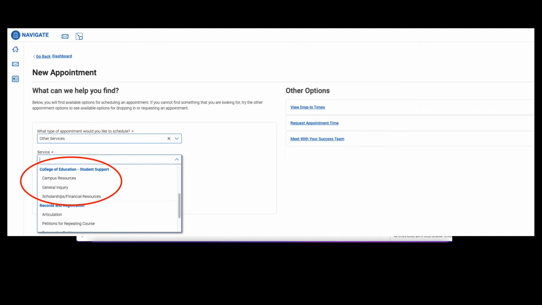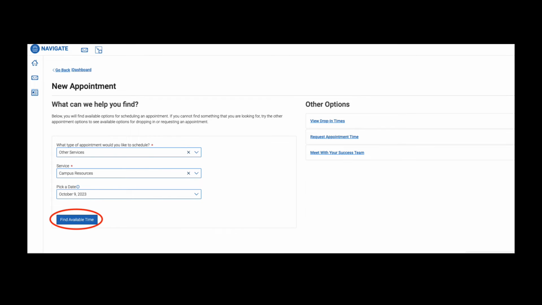From there, you will see the three options listed to meet with me: Campus Resources, General Inquiry, Scholarships, and Financial Resources. Once you select on the service, you will then have the option to pick a date and time that fits your schedule. From there, you will click on Find Available Time. Once you have made your selection,